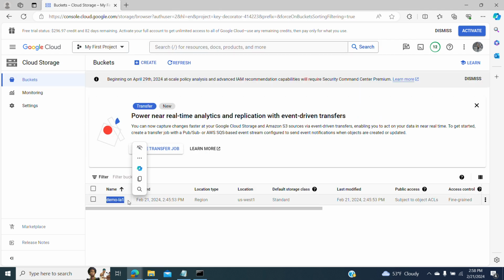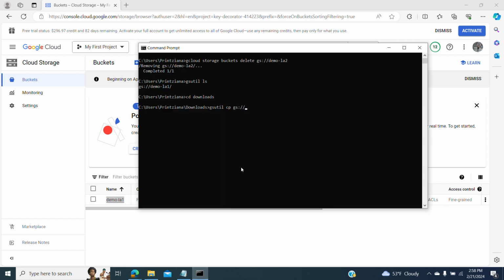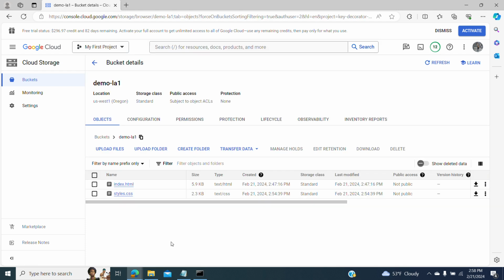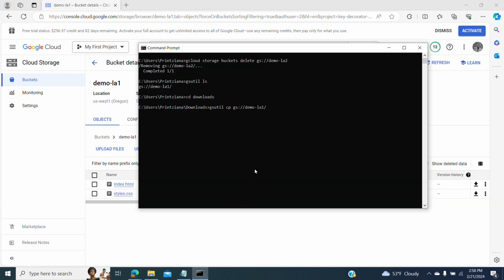That is the name of the bucket. We specify it, and then we specify which file we want to download, which in this case is index.html. And by writing dot at the end, we download this file in the current folder that we are in